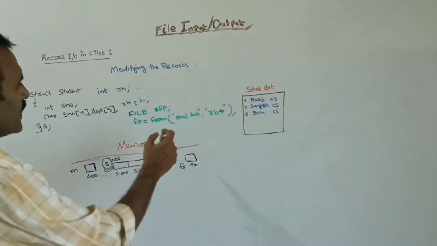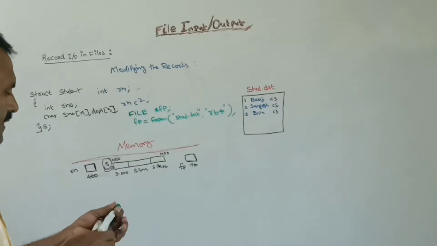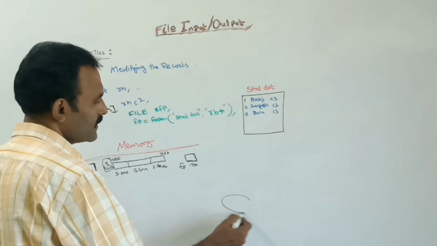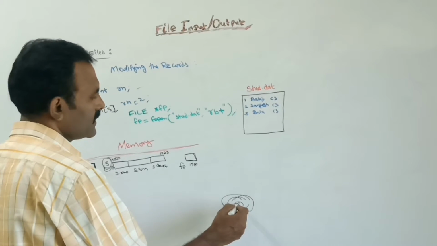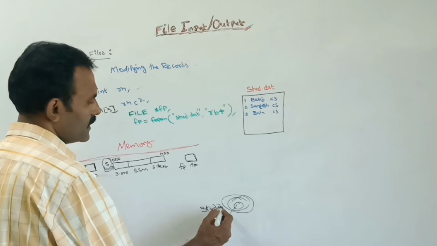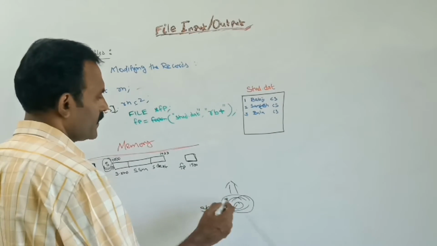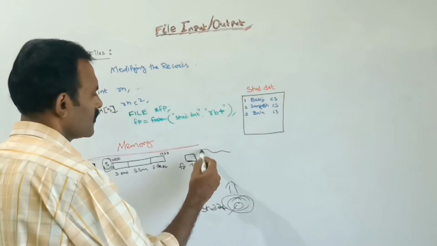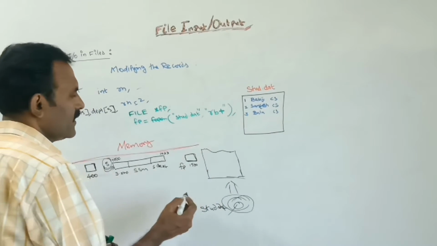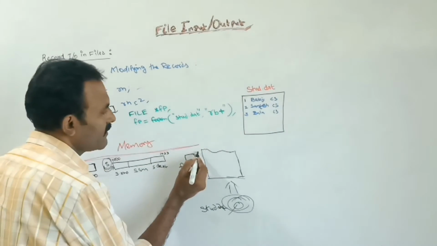So here I am opening the file. Suppose the file is successfully loaded, then where is this file stud.dat? That is in the disk. So from the disk, this stud.dat file is loaded to where? To this memory, that is the buffer. So this also has an address. So totally how many records were there? Here there were 3 records.